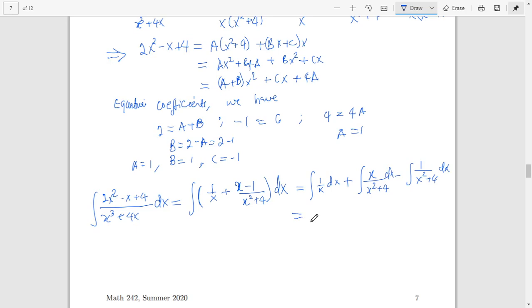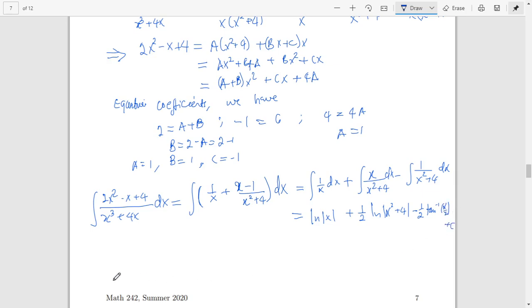Integrating each term, I get ln of x plus, if I integrate this, I'm going to get 1/2 ln of s squared plus 4 minus, if we integrate this term, we'll get 1 over 2 inverse tan of x over 2, then plus a